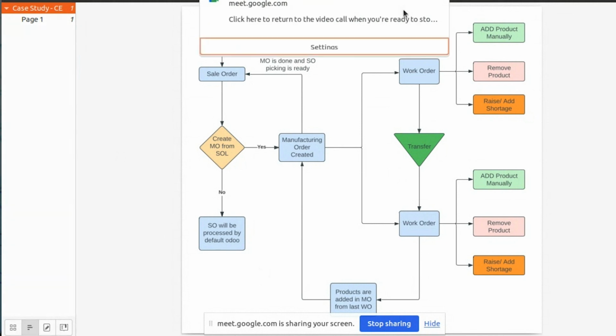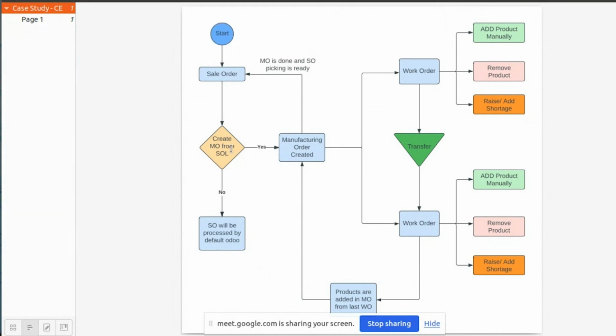If it doesn't require a manufacturing order, the sale order will be created and its picking will be checked for product availability. If the product is available, it will be directly delivered to the customer. But if the sale order is marked to create a manufacturing order, then the manufacturing order will get created, and based on the product configuration and the bill of material associated with the product, the number of work orders will get